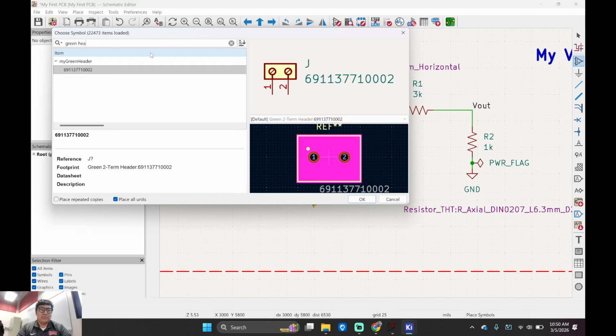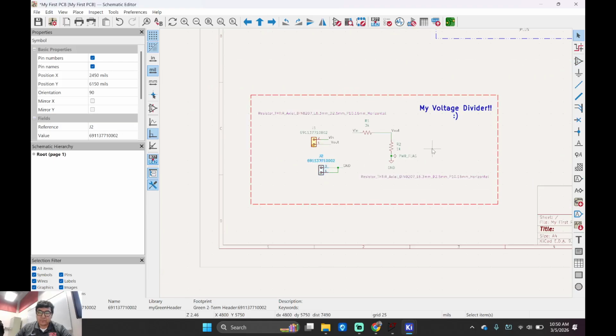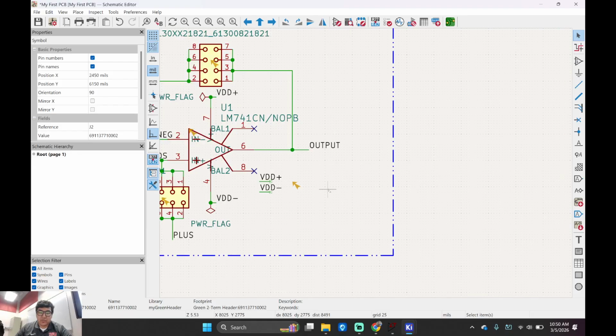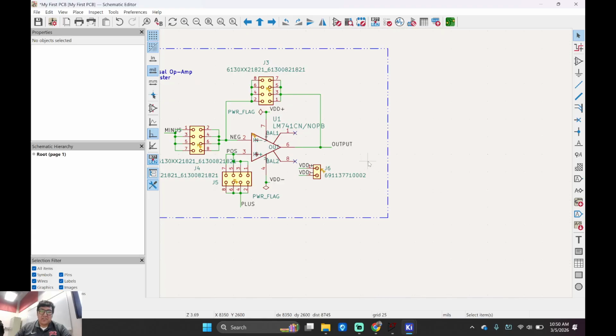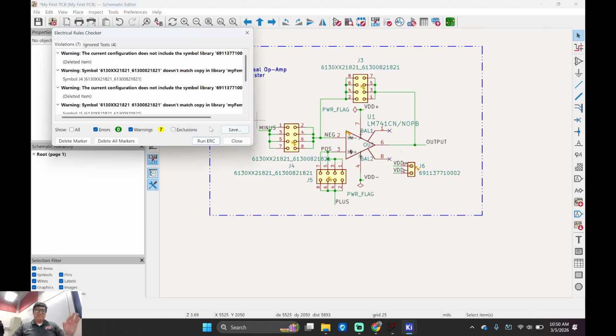Green header. My green header. Double click. There we go. Punch it in. Control C, Control V. Boom. And then right here is Control V again. RR. All right, now those errors should go away, right? All right, I'm not crazy, right? Run it. 4 errors. Let's go. Woo! So now we got to fix all these other big parts, okay?